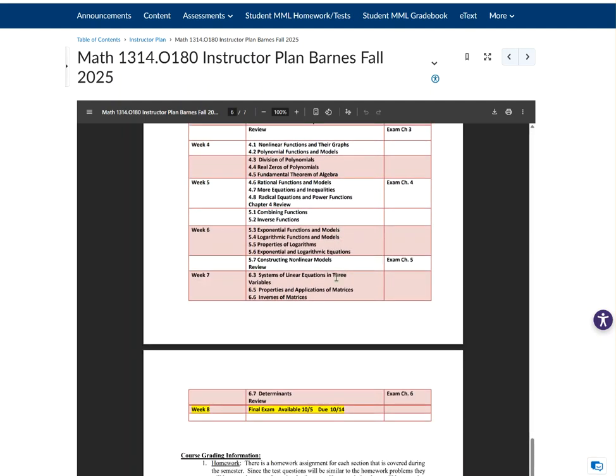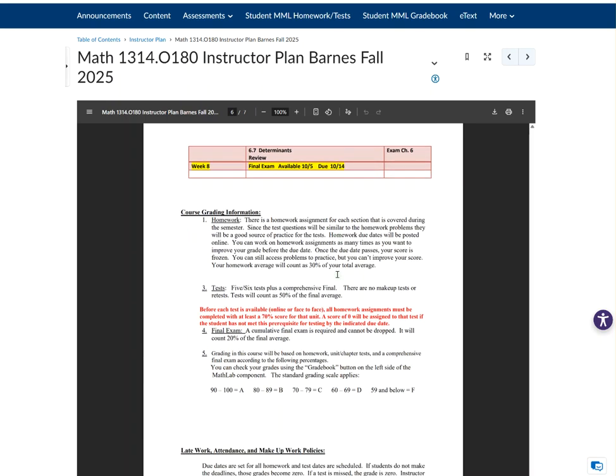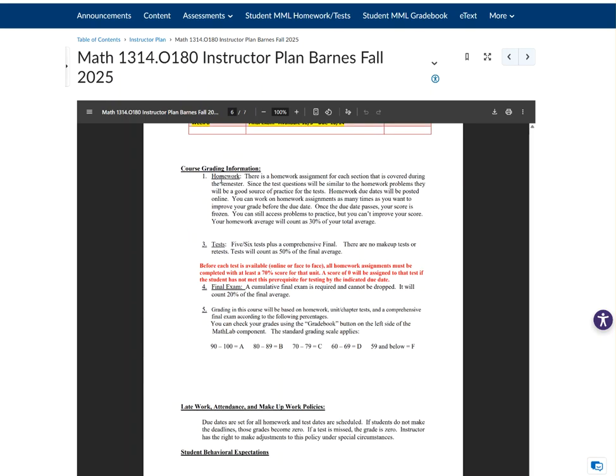This is a calendar. We'll go over that on a special tab. Grading. My course is divided into homework, test, and final exam. The homework counts 30% of your final average, and you can do it over and over again till the final due date. So there's no reason not to get that homework correct. The tests count 50% of your final average. You get 2 tries at each test, and the higher of the grades will count in your average. So if you do great the first time, you certainly do not have to take it the second time.